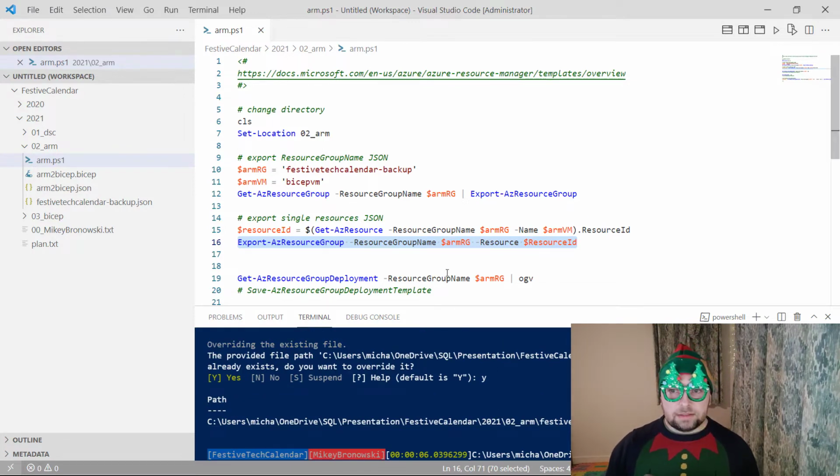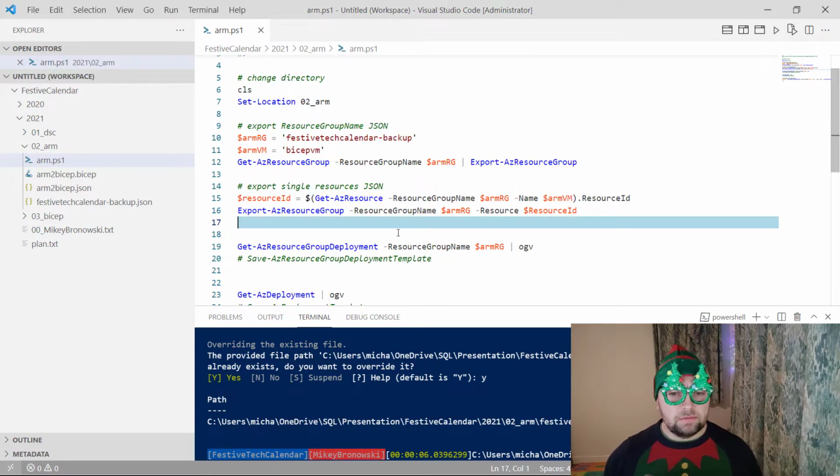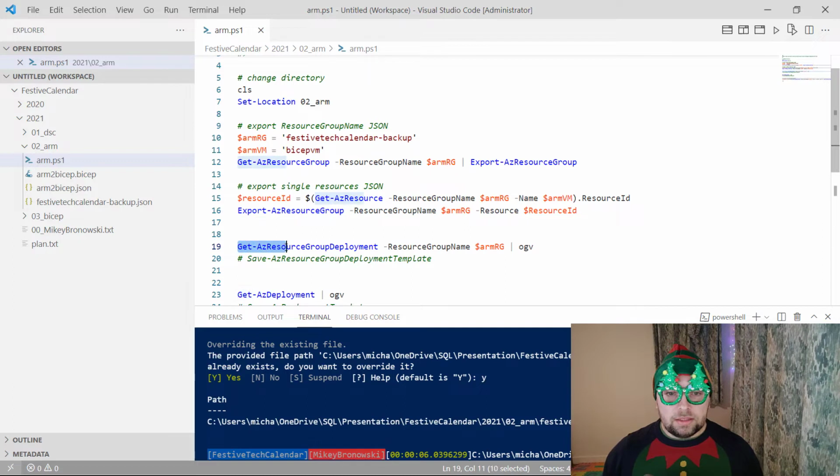Well, yes, of course we want to override, because why not? We don't keep backups. Backups are for the weak. Well, not for the week, like time. And we can also have